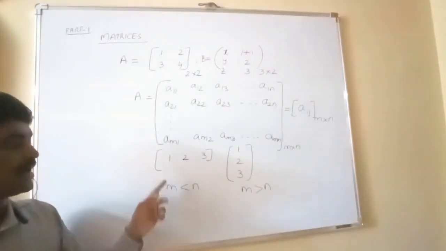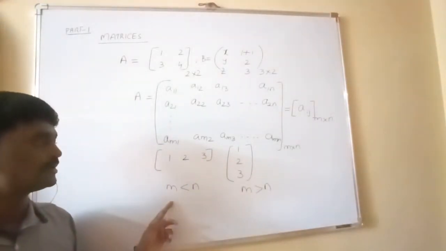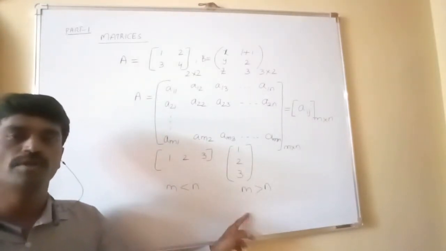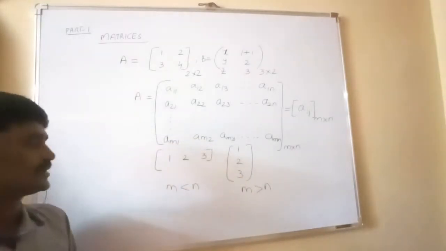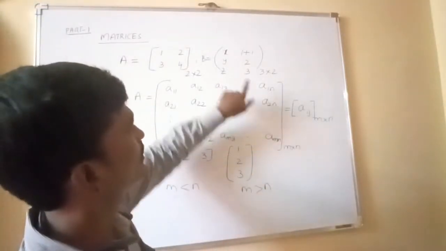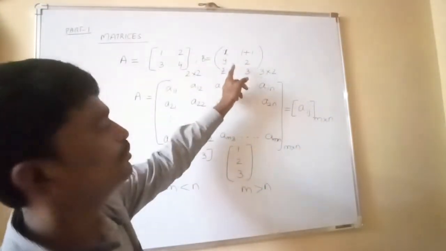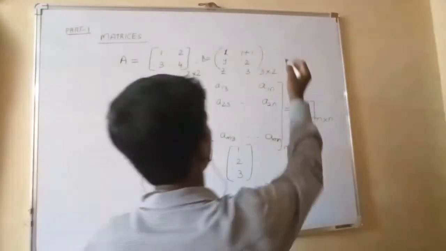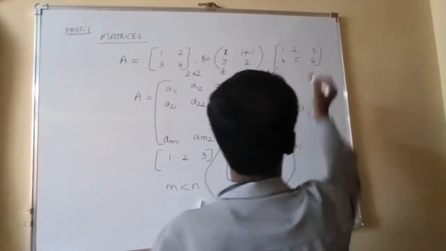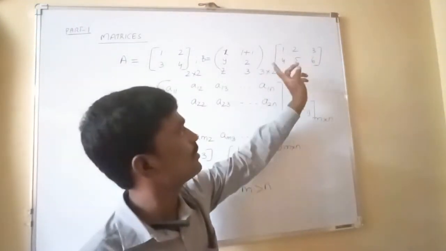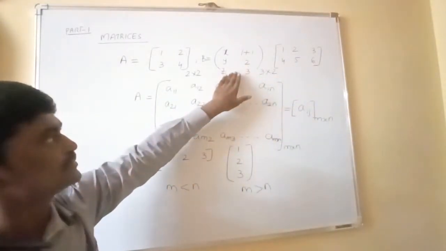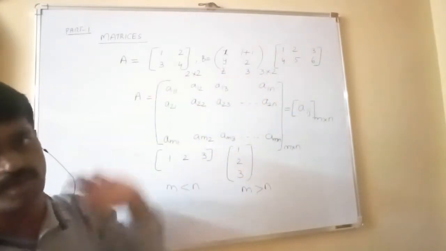So obviously a row matrix is a horizontal matrix, but every horizontal matrix need not be a row matrix. And a column matrix is a vertical matrix, but every vertical matrix need not be a column matrix. So for example, if you take this one only, it is a column matrix. B matrix is a column matrix. And if I take like this, 1, 2, 3, 4, 5, 6. Here, the number of rows is less than the number of columns. It is a horizontal matrix. Here, the number of columns is less than the number of rows. So it is a vertical matrix. Okay.